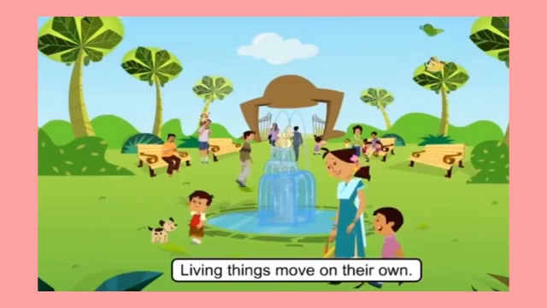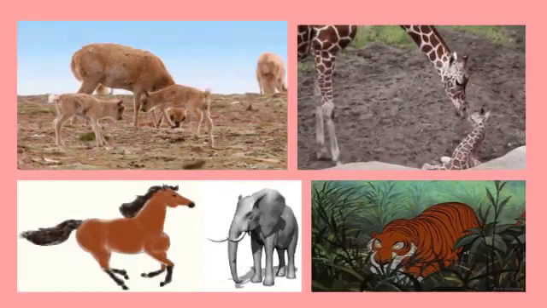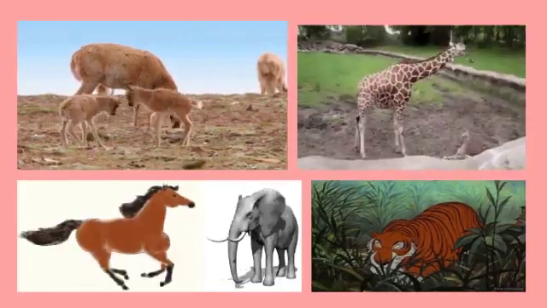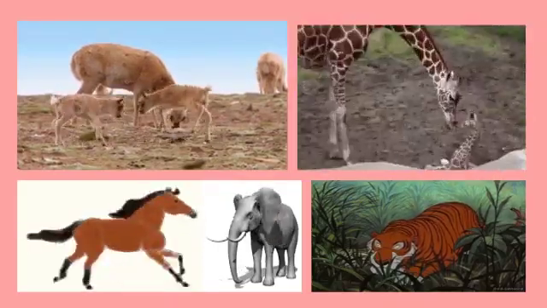Now children, here is another feature of living things. Living things can move on their own. Human beings and other animals move from one place to another in search of food, water and shelter. Birds and insects fly while animals like dogs and cats walk. Fish swim with the help of their fins. Here are a few examples of animals who walk on their legs.